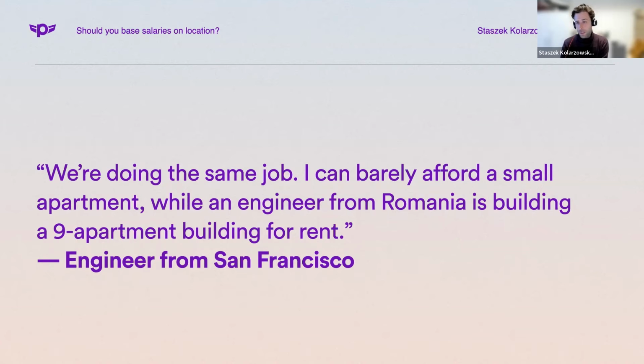And many people don't have any issue with this, right? That's completely fine. But you may hear from some employees that they have a very big problem being okay with doing the same job and having a completely different lifestyle. Because this other person in a different country may have a big house and go on holidays 6 times a year and so on. And this may be a problem for people, even if their salary is high. So that's one of the unfairnesses that you may experience.